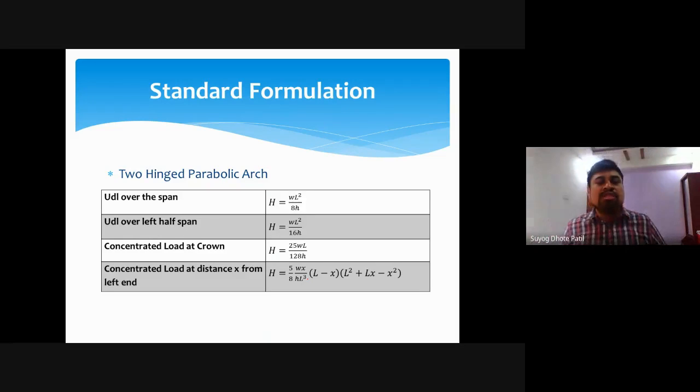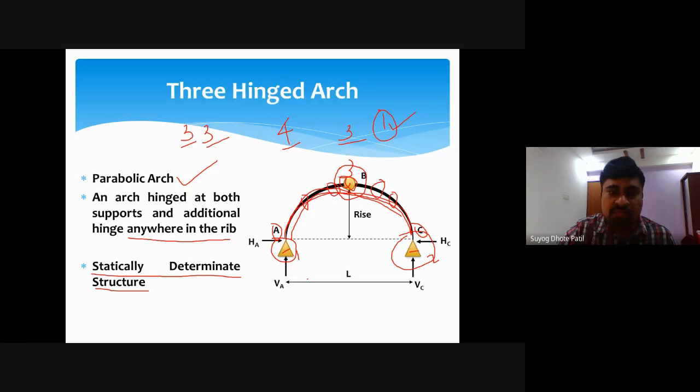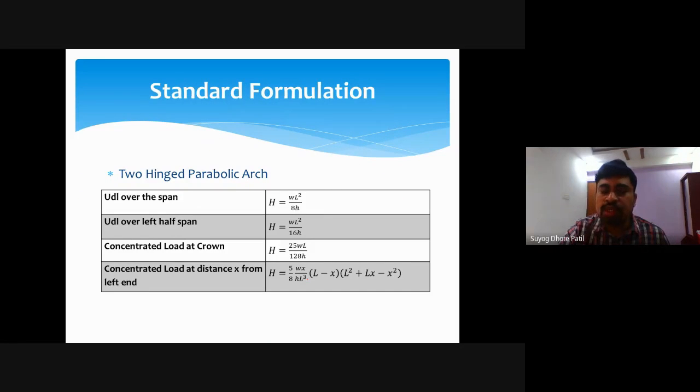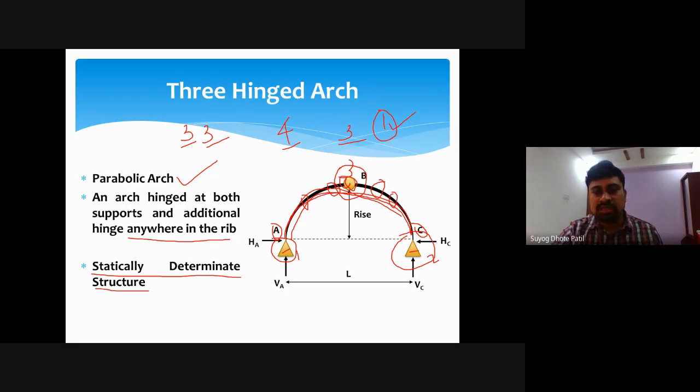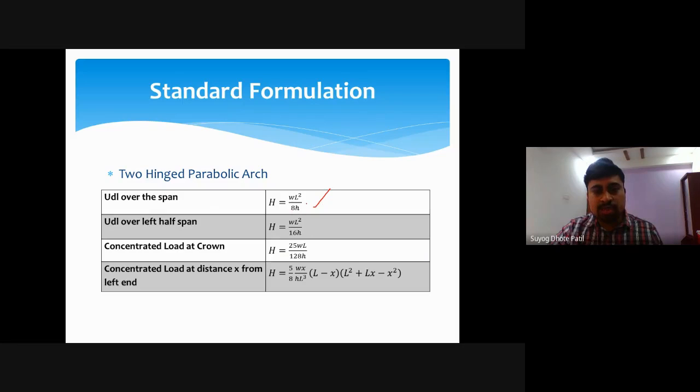So this is a standard formulation for the two hinge parabolic arch. If a two hinge parabolic arch with UDL over the whole span is given, then H is calculated by this formula: H equals WL square by 8h, where h is the rise, and H is the horizontal thrust, and L is the span. Then for UDL over the left span, meaning half span UDL,